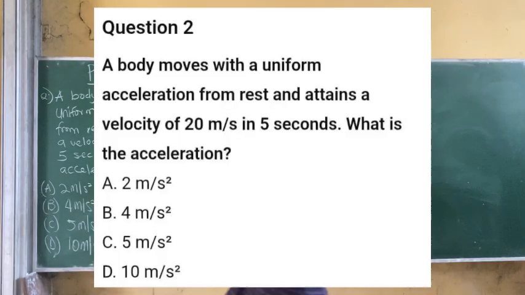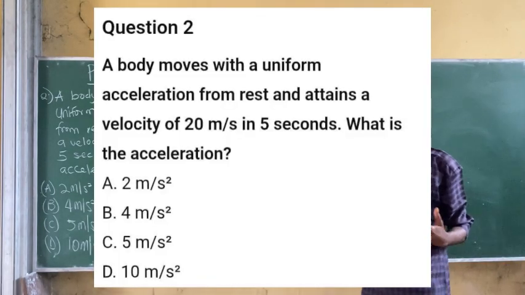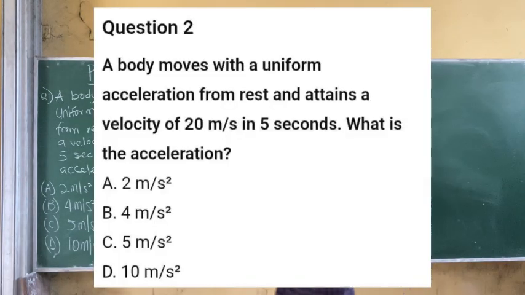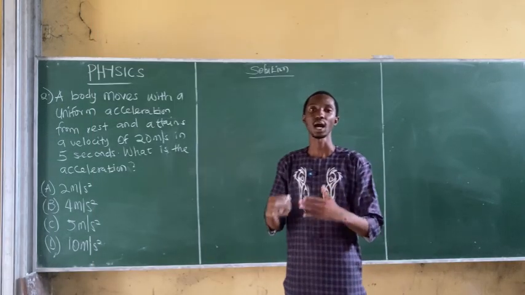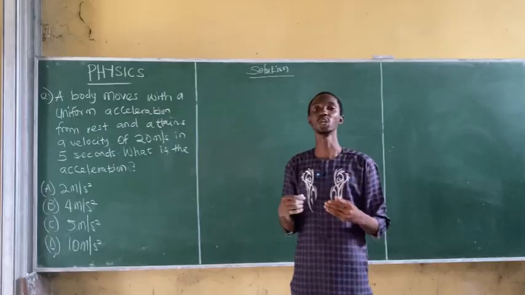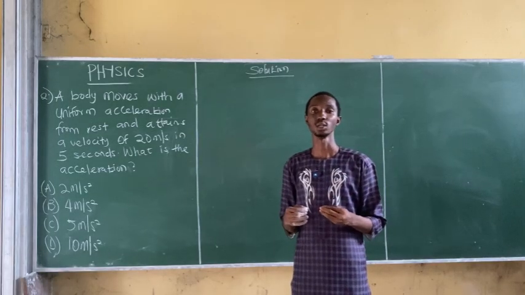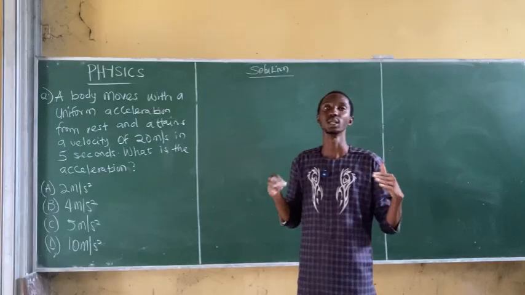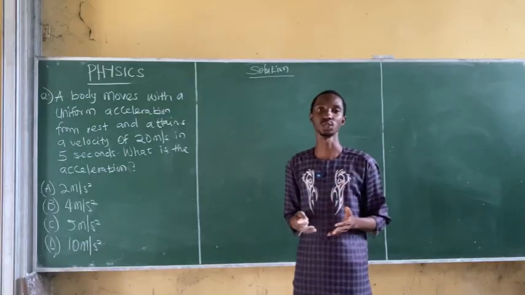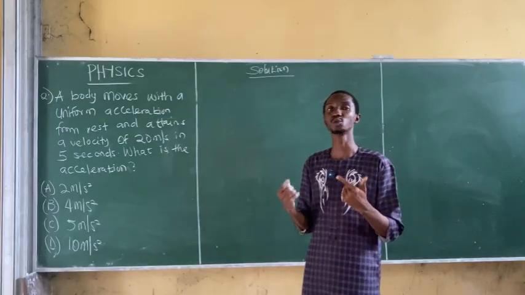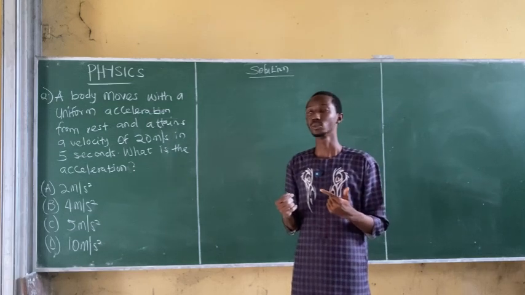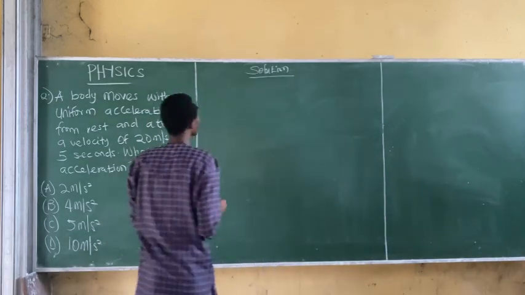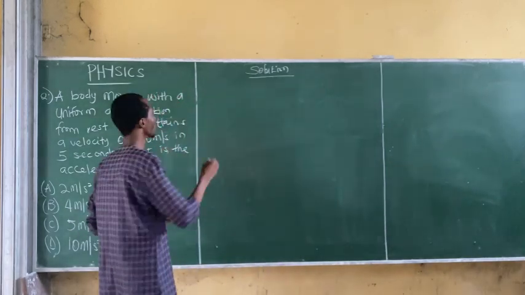Solution. The first step is to recall the formula for acceleration. What is acceleration? Acceleration is the rate of change of velocity. When you hear the word rate, what should come to your mind is time. So, mathematically, acceleration is expressed as